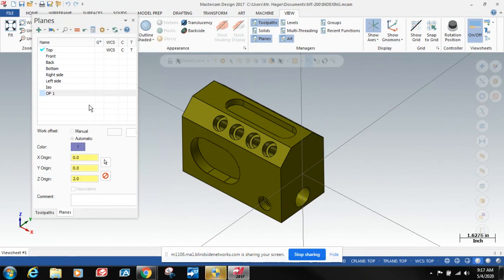I may have messed that up. I'm gonna change most of my planes. All right, so basically what it allows me to do now is to machine this face, and this little pocket up here, using this